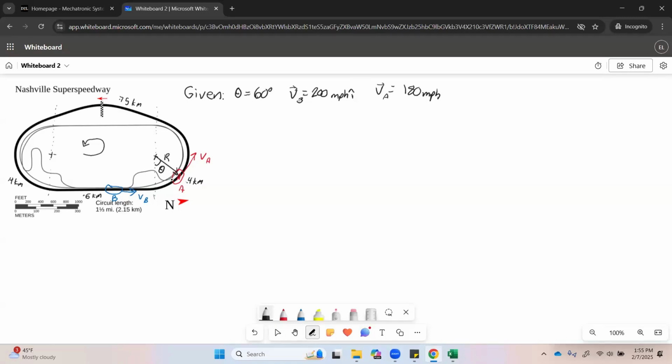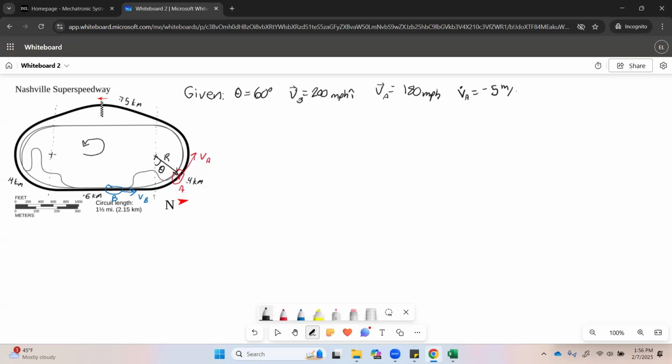So car A is going slower because it's going around the curve, and car B is going straight. Car A also has to slow down a little bit to take its curve. So we'll say that the acceleration, actually this will be rate of change of velocity. It's going in a curve, so it'll have centripetal acceleration. So just VA dot is going to be